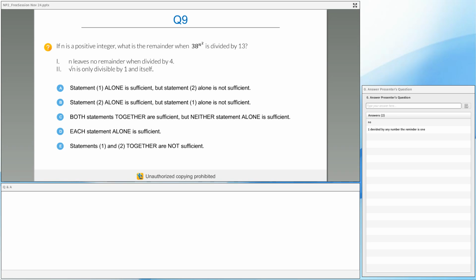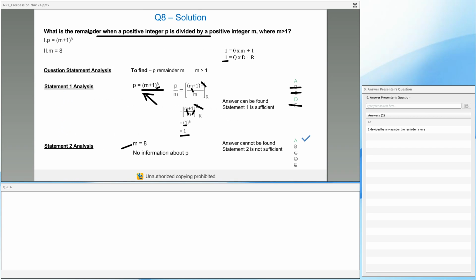That is why we are ignoring the power. Everyone is asking the same question. Even Ritvik is asking, how did I write (m+1)^8 by m? Ritvik, that is just a way of representing it for your convenience. Forget about the power for a moment. Think about the way we solved the previous questions when we had 24 to the power something by 3. Were we worried about the power first? No, right? We were worried about the remainder when 24 is divided by 3.